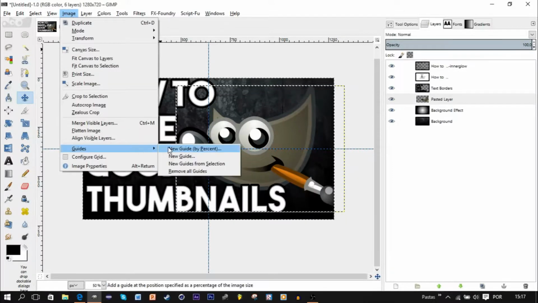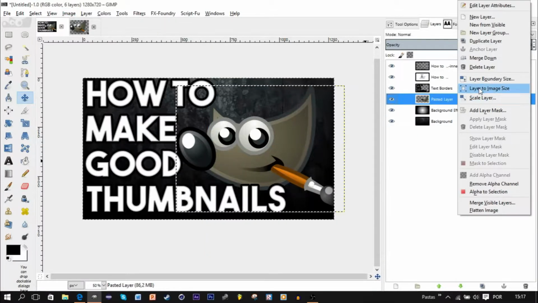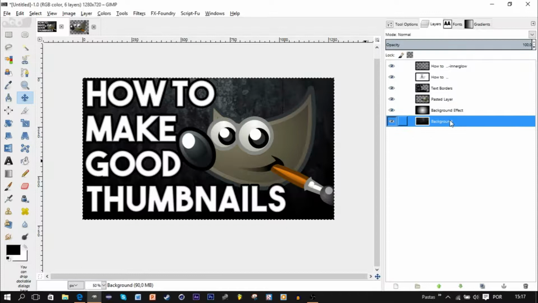Let me just remove the guides here. And I'll change this to image size as well. So that looks really good. But I think it's not that aligned. There's a space here and this is almost